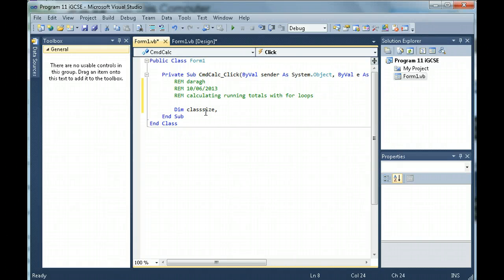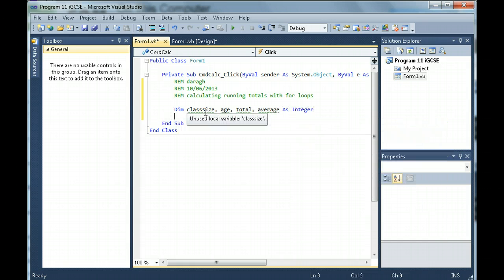I need to know their age. And I need to know a total. And I need to know the average. So they're all numbers. So first thing I'm going to do is find out how many people are in the class. So class size